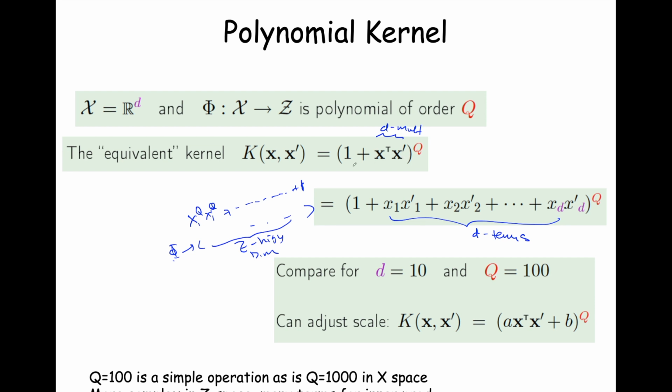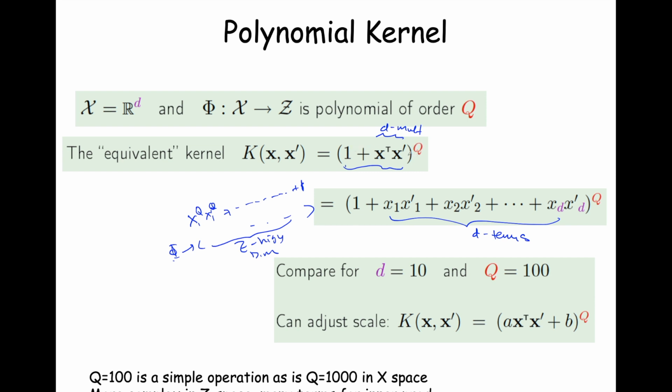So you have a huge savings, and in doing so, you can use support vector machines in this very high-dimensional Z space, but you only pay the much smaller cost of evaluation of this kernel function in effectively d plus 1 algorithmic steps. D steps for the multiplication, you add, we're not counting that, and then you exponentiate,